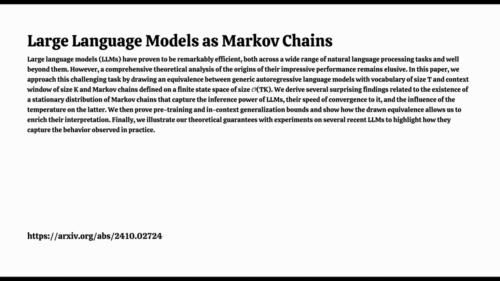Exactly. And the paper suggests that the faster an LLM's Markov chain can reach this equilibrium, the more effectively it can learn from new information in context. Oh, okay, I see. So it's like the model's constantly adjusting its internal map, its probabilities, as it encounters this new data. And the faster it can do that, the more adaptable it becomes. That's a good analogy. Now, to really put this Markov chain framework to the test, the researchers didn't just rely